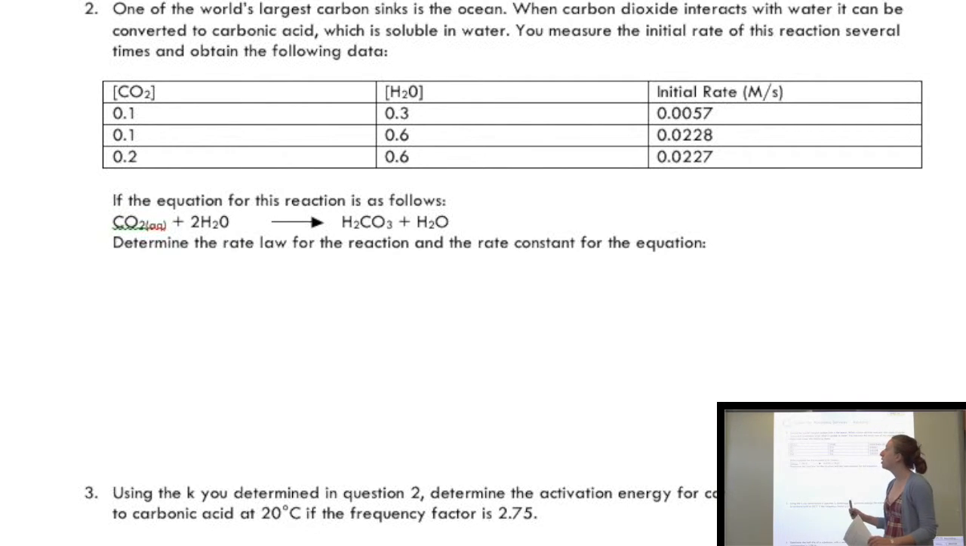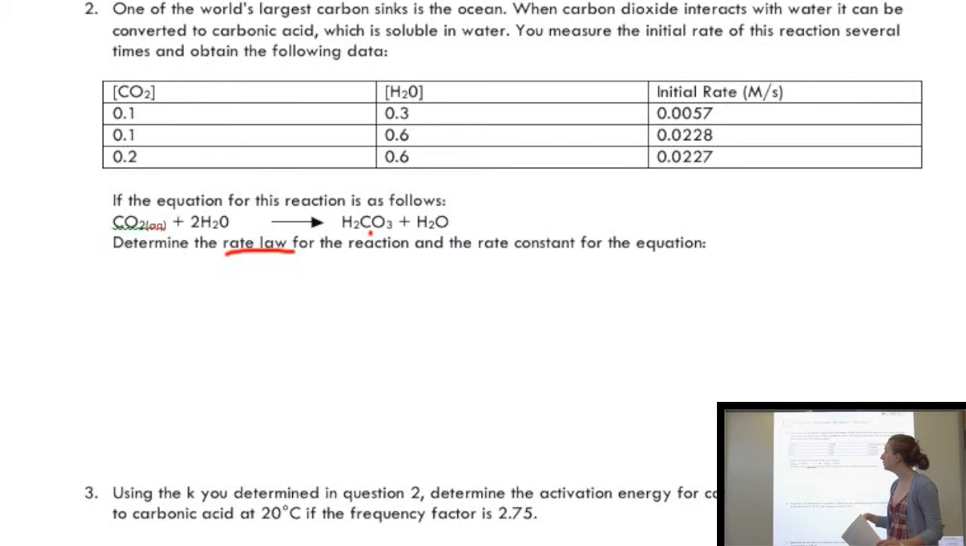So the problem is, one of the world's largest carbon sinks is the ocean, and when carbon dioxide interacts with water it can be converted to carbonic acid, which is soluble in water. So basically you measure the initial rate of this reaction several times and obtain the following data, which is presented in the table. When they're asking you to determine the rate law for the reaction of converting carbon dioxide to carbonic